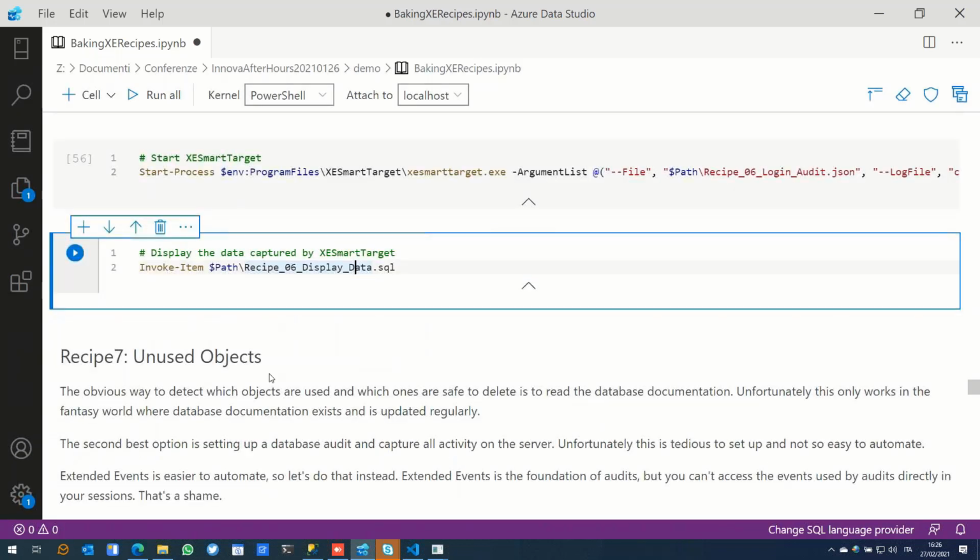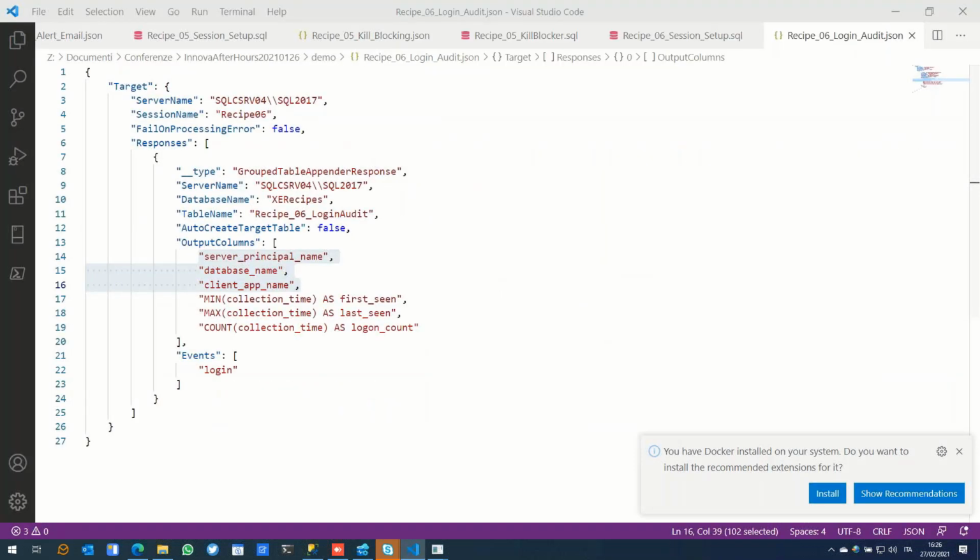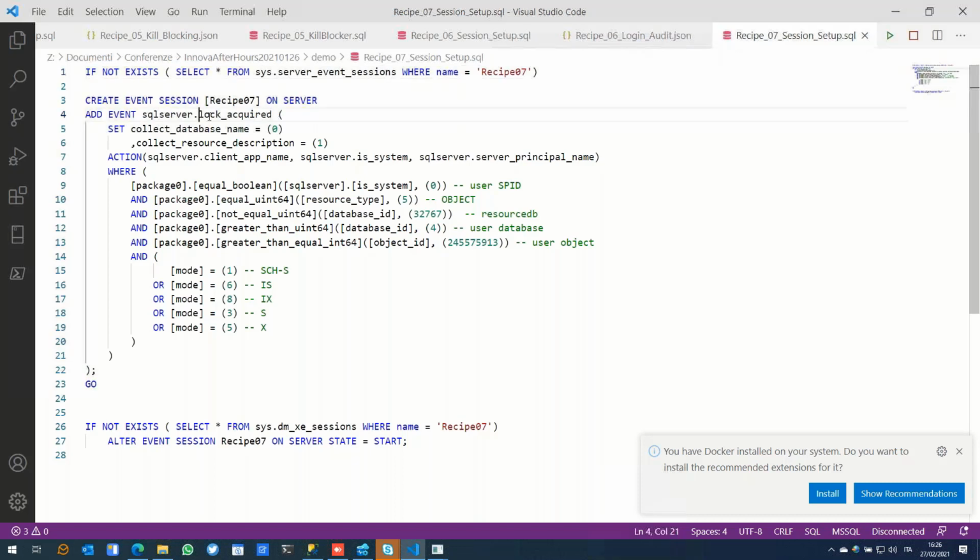We can use the same technique to identify unused objects. I'm going to go through this very quickly. In this case, a session is using a different event. The event is lock acquired. So it will interpret different lock modes as reads or writes. So the reads are schema stability and intent shared and shared locks, and all the other ones, so intent exclusive and exclusive, are the write